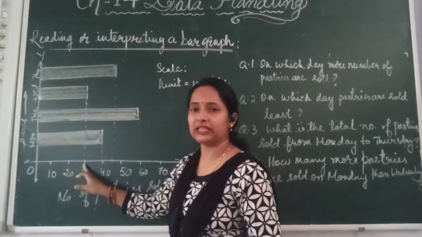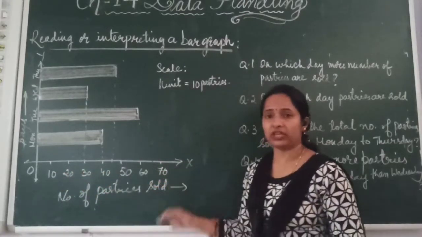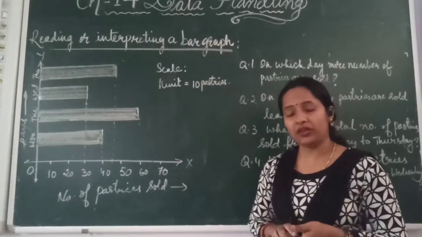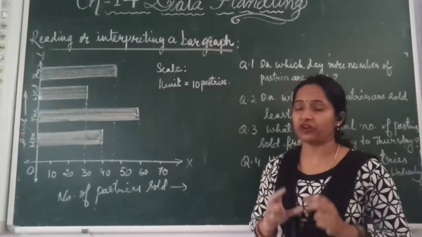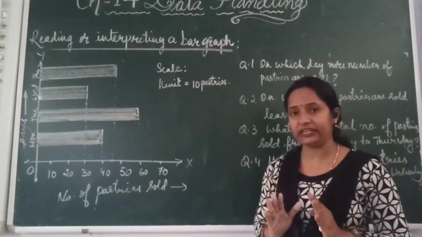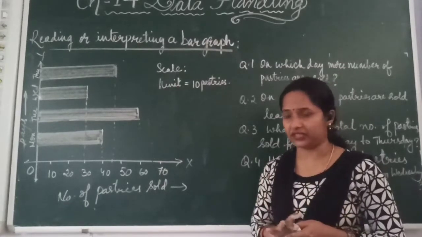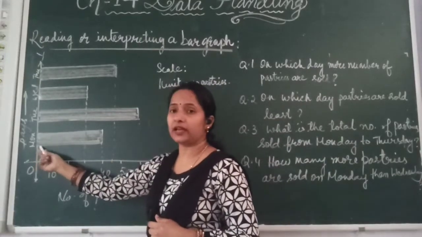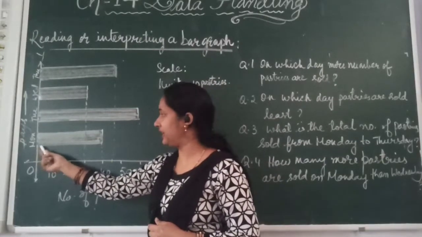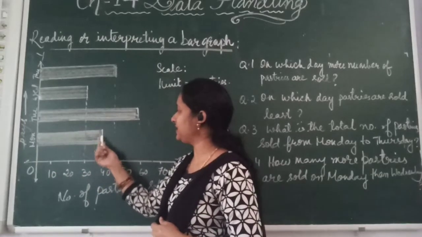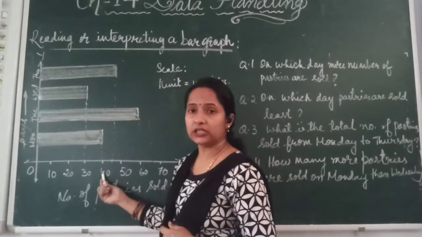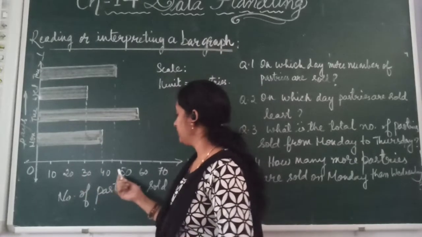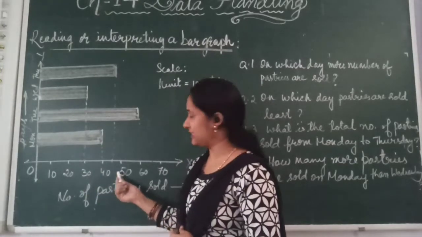Till here it is 20, then 30, 40 and till 70 we have written. Okay, now let us study the graph. How will you study the graph? You will study or read the graph with the help of the height of the graph, or how long the graph is. So now you just see, the graph which is drawn on Monday, its height is reaching up to what number or what point on the numerical data given along the axis.